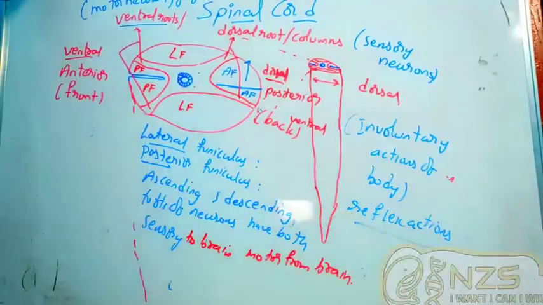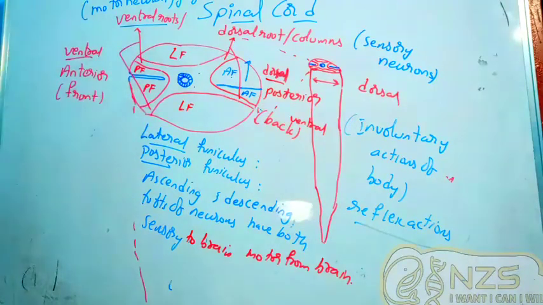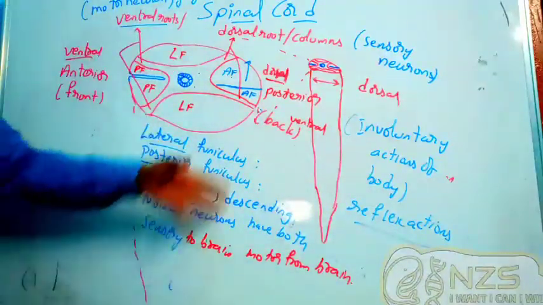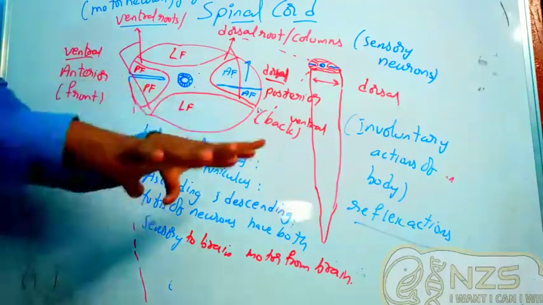Now the main point, these reflex actions are also coordinated by some parts of the brain. If you remember the diencephalon and the medulla oblongata, they have their own reflex activities. Coming down to the midbrain, I said the vision reflexes and the auditory reflexes are in the midbrain, the superior colliculi and inferior colliculi. So we have some connections from top to bottom, but the reflex actions are mainly coordinated by the spinal cord. The remaining signals will go up and down with the funiculus, and the dorsal roots will bring all the neurons in. The ventral roots will send out all the neurons.